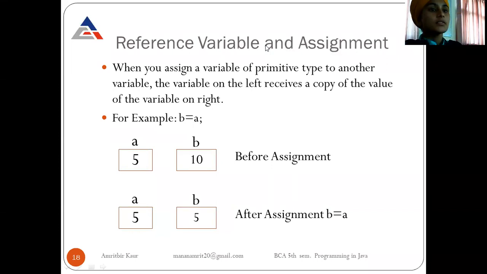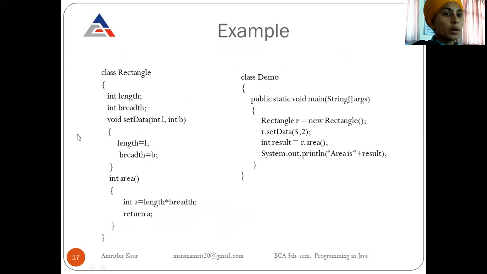In our previous class, we studied how we can create a class, in which we learned about field declaration and method declaration. After that, we learned how we can create objects and how we can access fields and methods inside the class and outside the class. This program was done in our previous class. So now you are able to create a class and use that class with the help of objects.